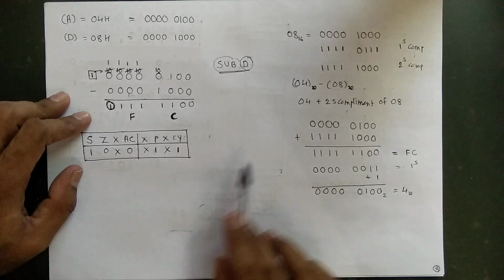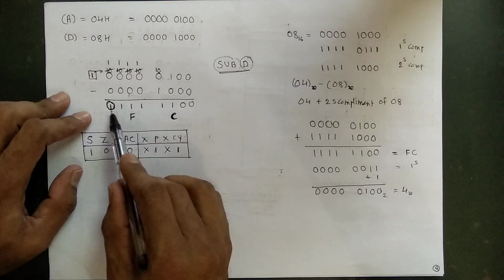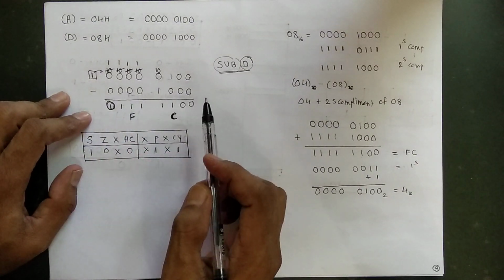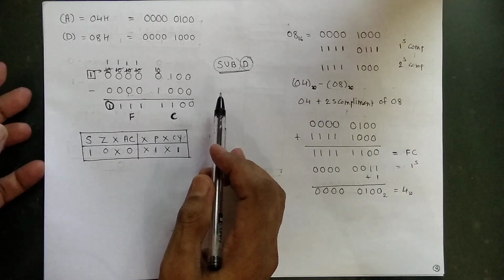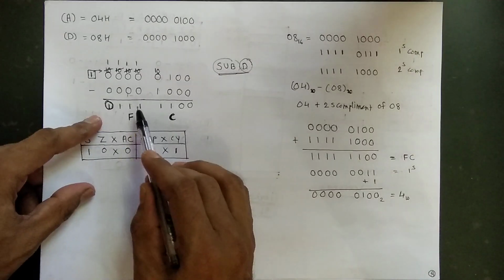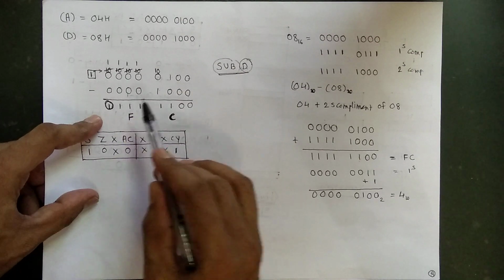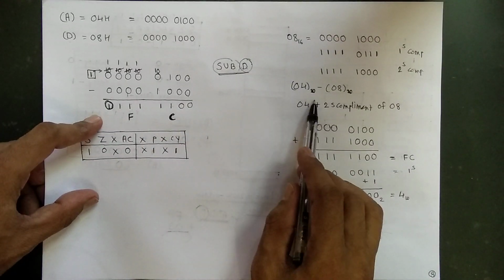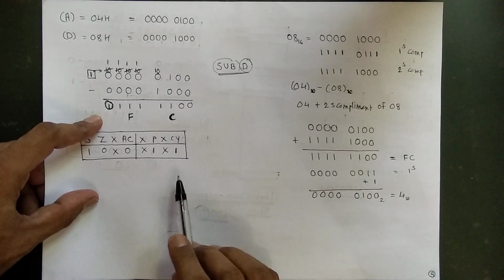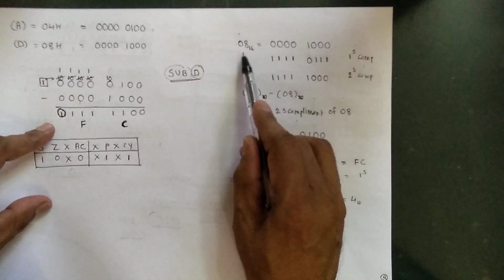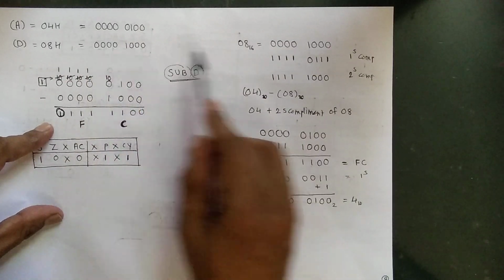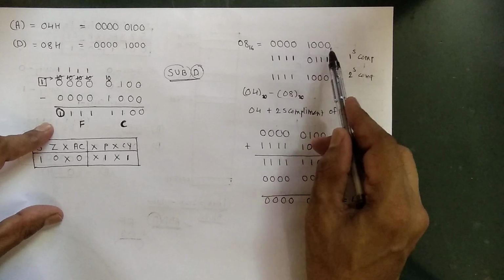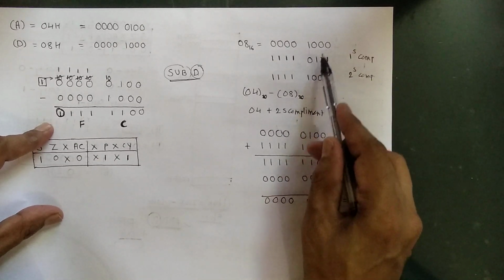Now, how the flags are set and reset, that part we will see afterwards. First, the same example, how we get the same answer here with the help of 2's complement arithmetic. I will explain it. Now here number 8. I am writing number 8. Find the 2's complement of 1's complement of 8. Find the 1's complement of 8.